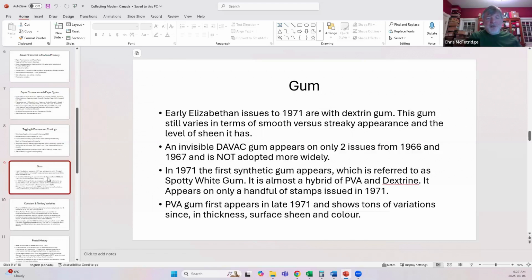But in England, I know the same thing. If you study the Mason series, or even if you look at the commemoratives, you'll see that the gum in the decimal period in 1971 is very different from the gum in 1974, 75, and later. And in England, I know the Gibbons catalog has different listings for these gums, and